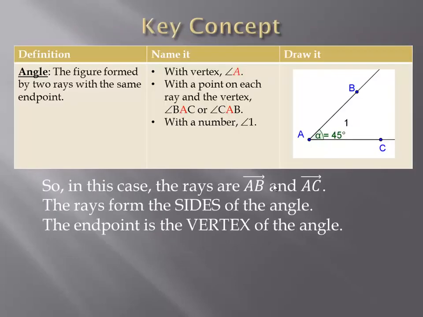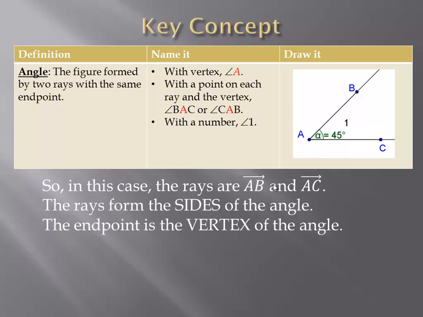The key concept is the definition of angle. An angle is the figure formed by two rays having the same endpoint. The endpoint is called the vertex of the angle. The rays are called the sides of the angle. So with the figure